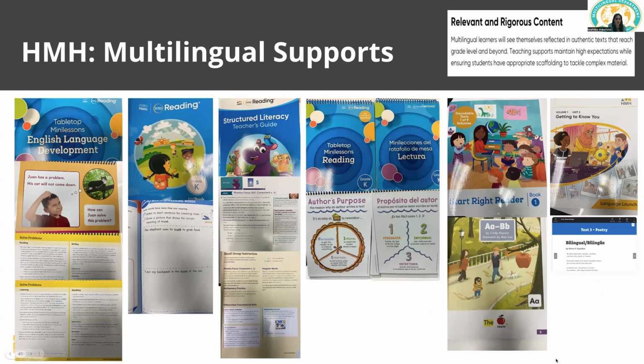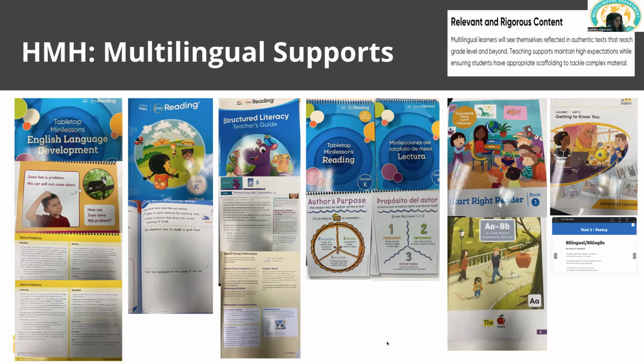For every grade level, there are tabletop mini lessons for reading in English for all students, but then there's also one specific for English language development. It gives you some examples that could supplement what is being taught in core. For each of these tabletop mini lessons for ELD, like this one, solve problems, it comes with strategies that teachers can implement in little focus groups for maybe your newcomer students, or even in the classroom in Tier 1, supporting students that might still need some support.